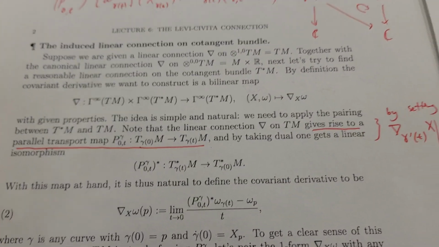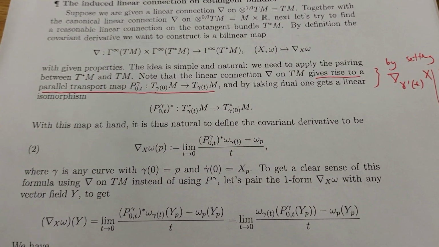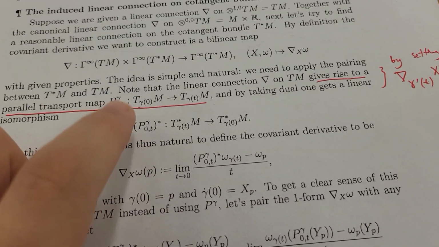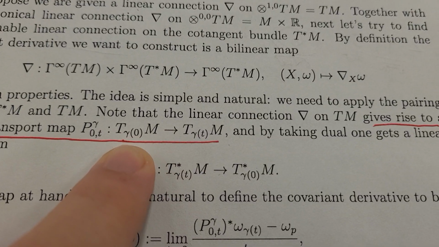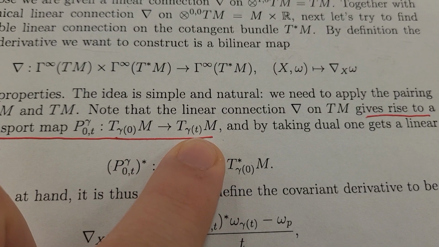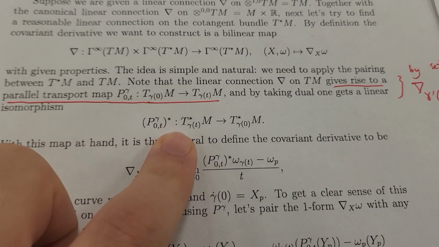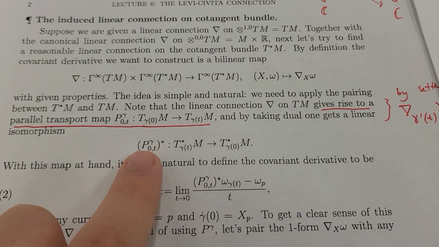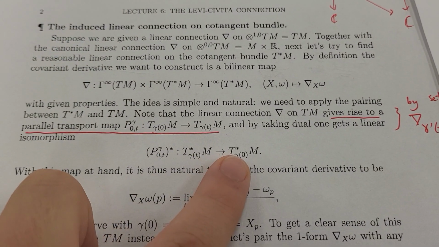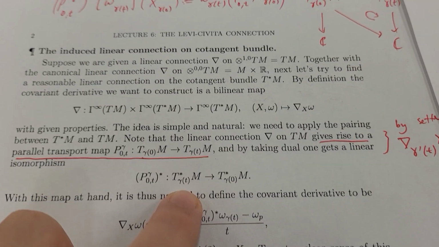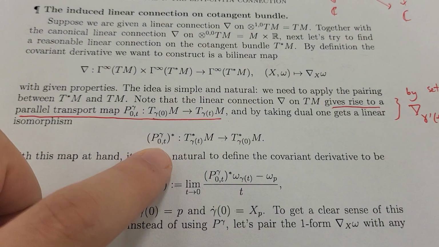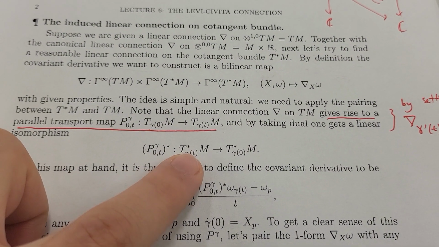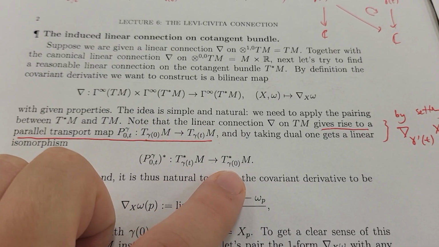Okay, so let me just show you that. So again, these are the lecture notes by Professor Zuoqin Wang. This is lecture 6. We have our parallel transport map, P gamma of 0 to t, from T gamma of 0 M to T gamma of t of M, and then by taking the dual, we get an isomorphism of the cotangent spaces. Okay, and how is this constructed? Well, I'll show you. So basically, this dual map here, P star from T star gamma of t to T star of gamma of 0,